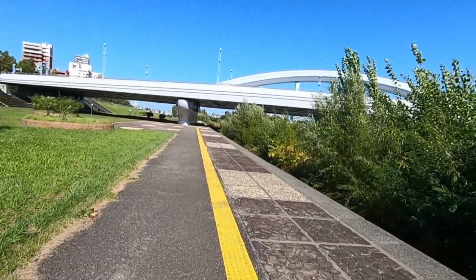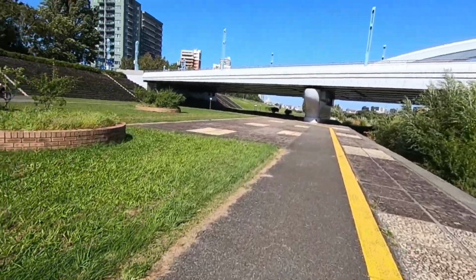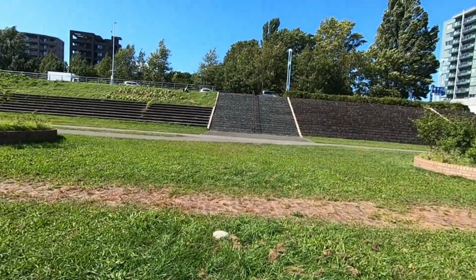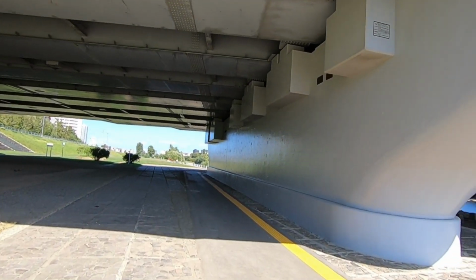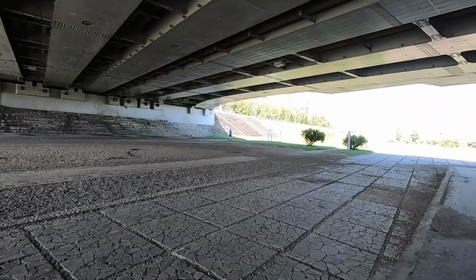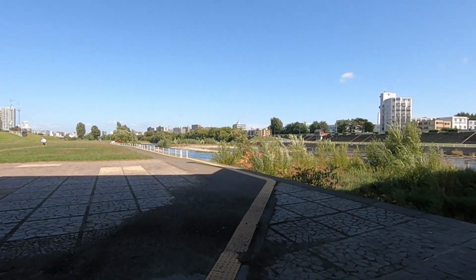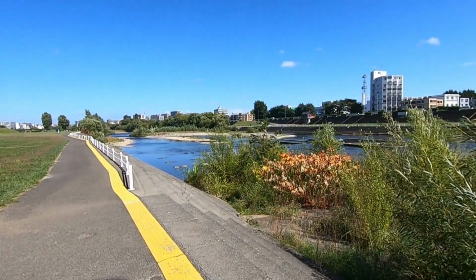Yeah, so there doesn't seem to be a small bridge. You have to use the big one, the main one. And what I think happens here in the winter time, when there's a lot of snow, you can actually come here for cross-country skiing, quite likely. I'd love to do that. Massive bridge. Here's the river. Not very wide,